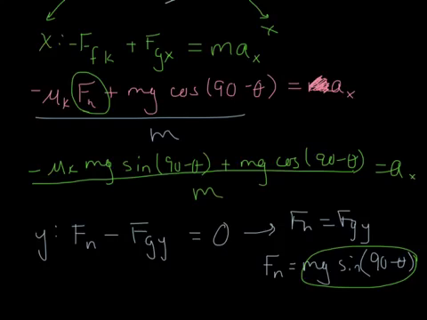So what can I do? I can cancel the masses. If it's not clear to you, here's what you can do on your own. See the m here and the m here, you can factor m out in front, and then the m cancels with the m. So I'm just going to cancel them because I see it's in every term. If mass is in all the terms, it drops off. So my final solution here